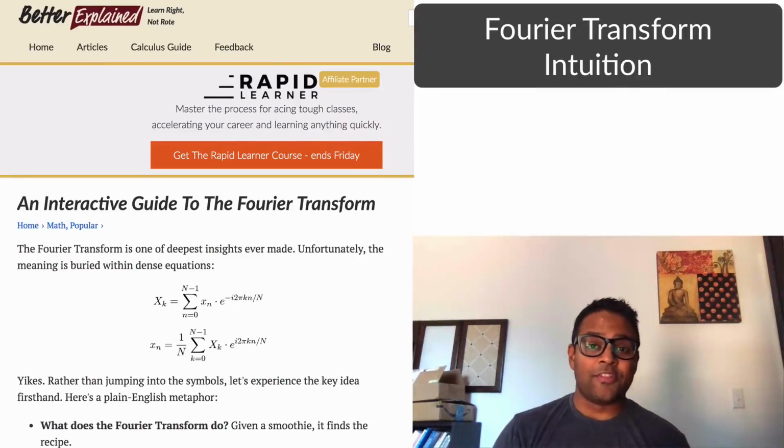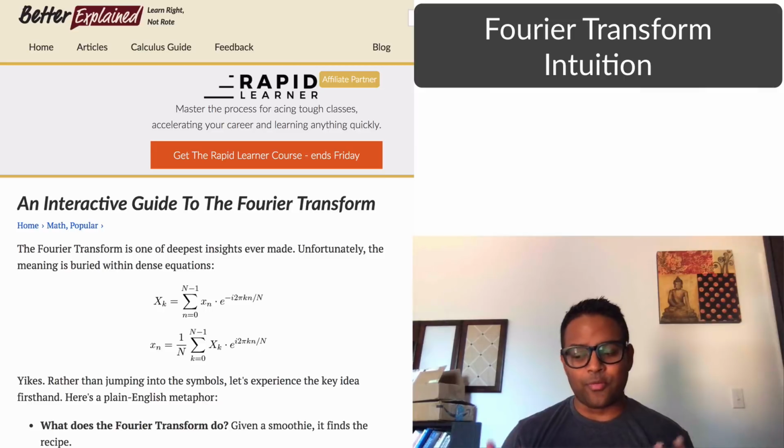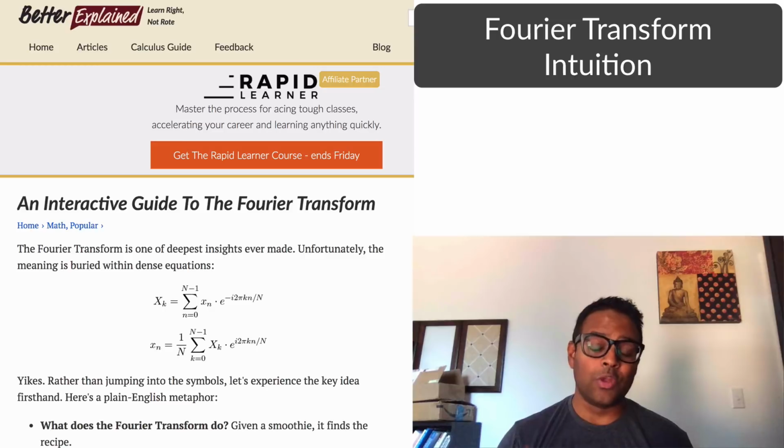Hi all, today let's understand the Fourier transform. It's a pretty complicated topic, so here's the approach. We're going to get a high-level overview in like a minute, just a real intuitive overview. Then we'll dive into some more of the intuition. We'll go through a simulation, and then finally, we'll get to the technical understanding. If you just want to understand the Fourier transform, just stick around for a minute or two, and that'll be